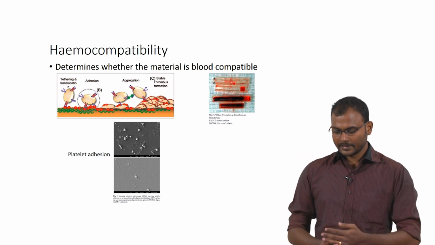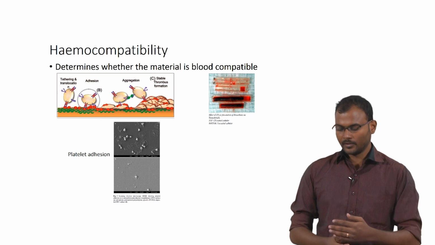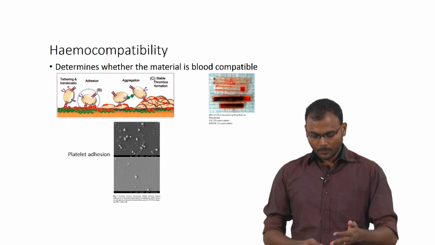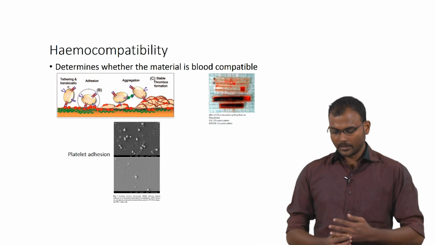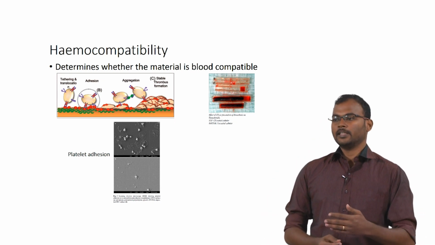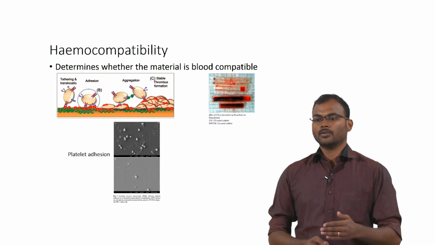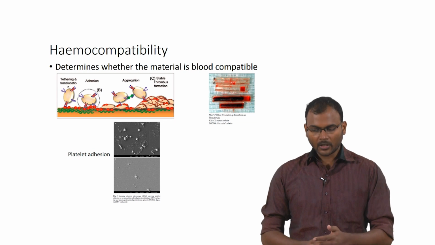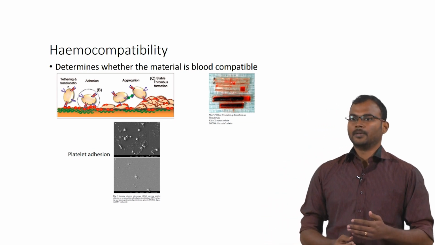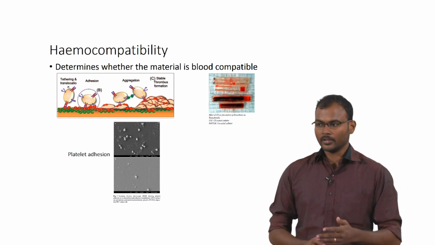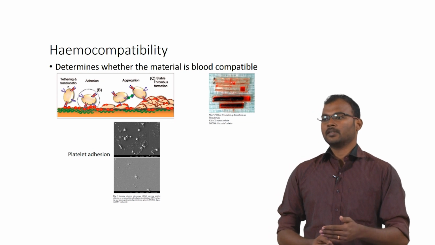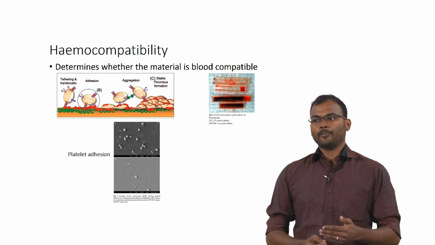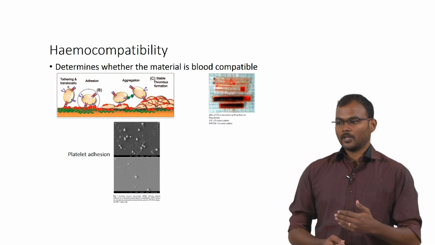So, on the right hand side, there is an example of how surface modification can improve hemocompatibility. The top one, they have used a CTI coated catheter. CTI is a chondrotrypsin inhibitor, which will inhibit the clot formation, and the bottom one is without any coating. So, as you can see, based on this study, you can identify whether a material can avoid clot formation or not.